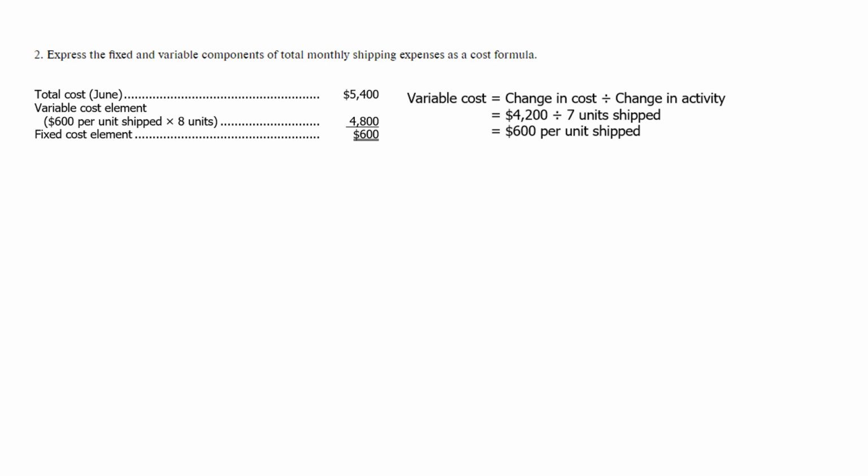So our cost formula is going to be our total cost, Y, is going to equal our fixed cost portion A plus our variable cost, which is broken out to our variable cost per unit as B, times our number of units as X. So using the information we have above, we have our Y, our total mixed cost, is going to be our fixed portion A. In this case, we figured out that our fixed cost element was $600, so it's going to be $600 here as our A,